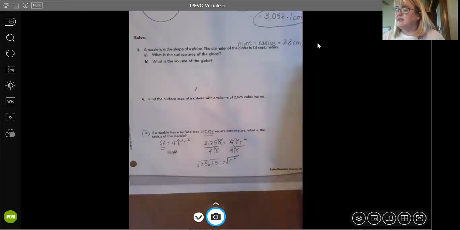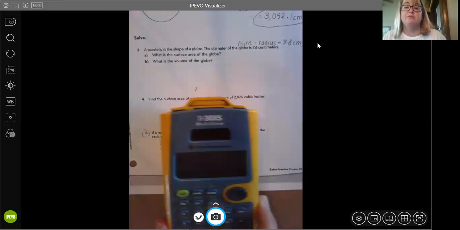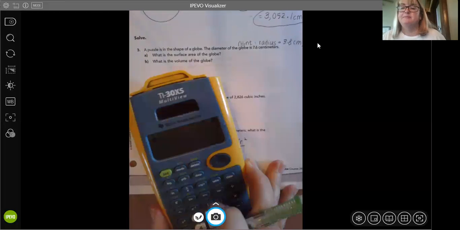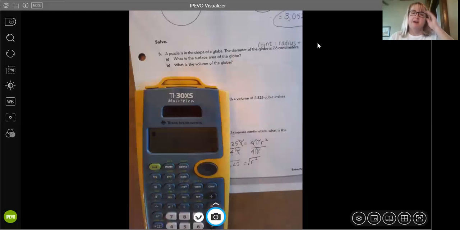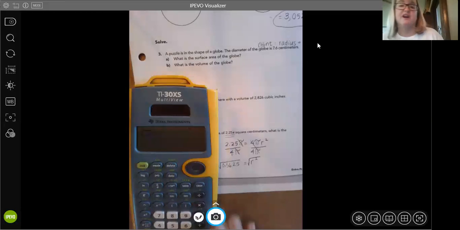All right, so let's get our calculator. Now you do need to have a calculator with the square root function on this. And phones do have the calculator. My phone is an iPhone and I have to turn the phone to the side and it will access that. But on my calculator, I'm going to access the square root sign. And then I'm going to put 0.5625, enter. And that is 0.75.